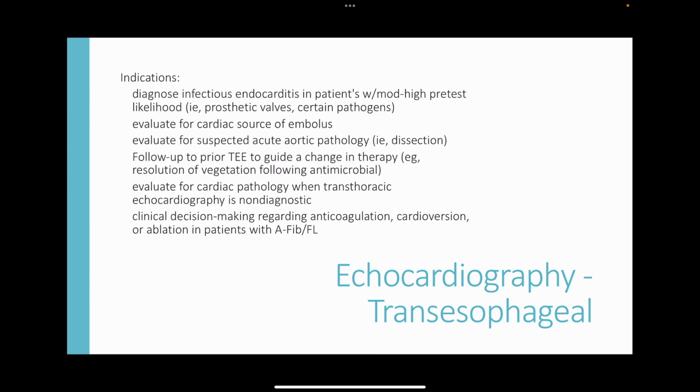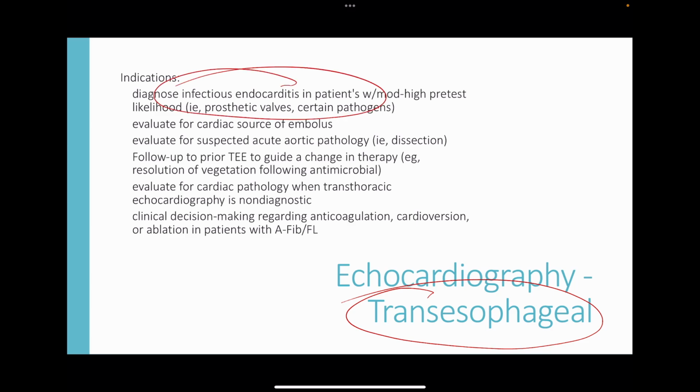So the next type is a transesophageal. Now what we're doing is we're taking a probe that has the ultrasound on it from the tip, and we put it down the esophagus, and the esophagus rides right behind the heart. So the reason for doing this is it gets better images of the heart. More clearer images, because now we are going through muscle, we're not going through skin, we're not going through bone, we're not going through air in the lungs. We're right in the esophagus and the heart is right on top. We're getting great images. So the main thing you would do a TEE for,